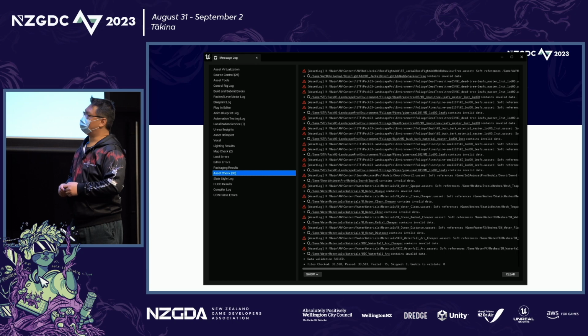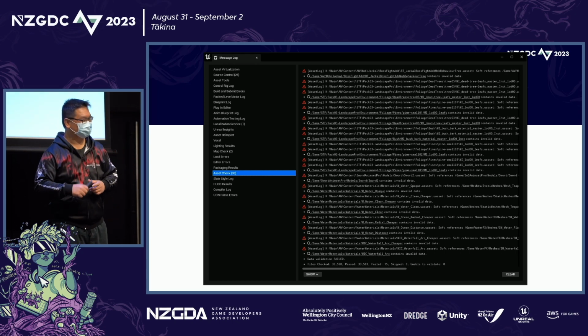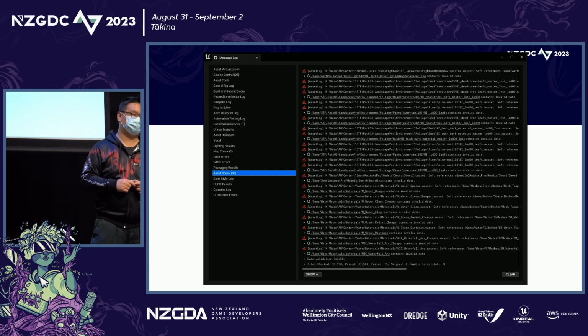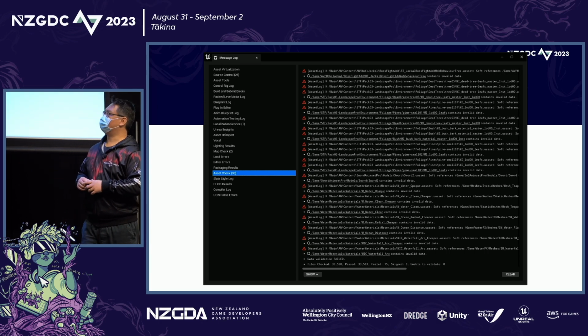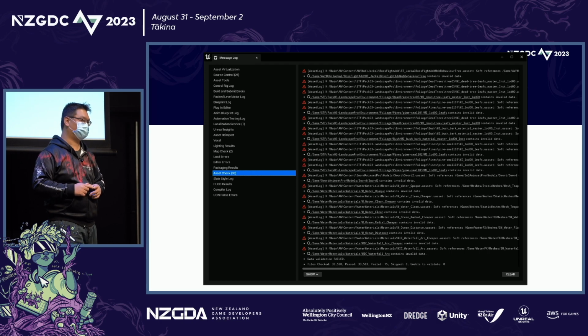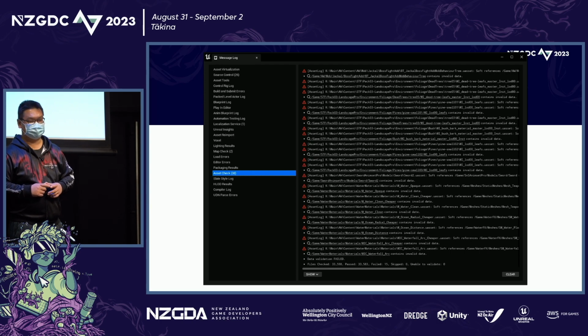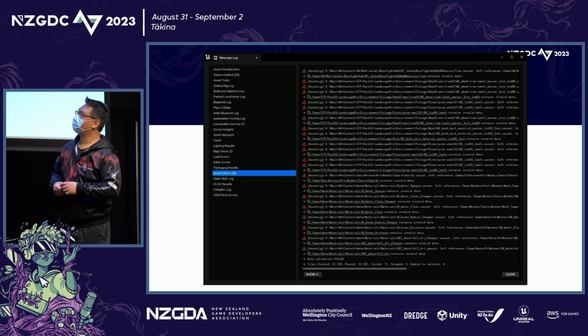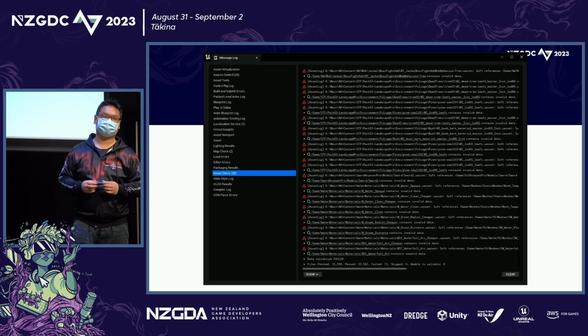This was also not a particularly fun day. So this is the asset validation within Unreal Editor itself. And this again is a super useful tool that I highly recommend everybody should be using. And you can automate this as well. So it just removes a lot of those headaches where you sort of go like,